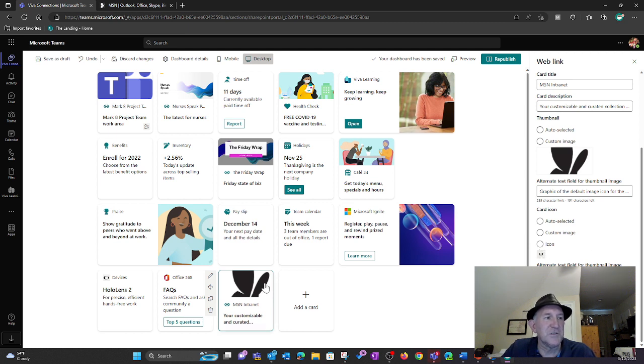For this image link, instead of it being this link here, I could either auto select or put a custom image or choose a different icon. And then finally, audience targeting. This is where, if I want this to show up, and notice it says 50 audience limit, that means I could add up to 50 groups,